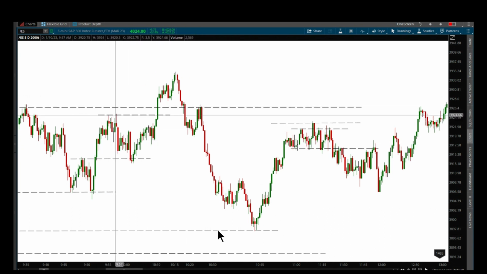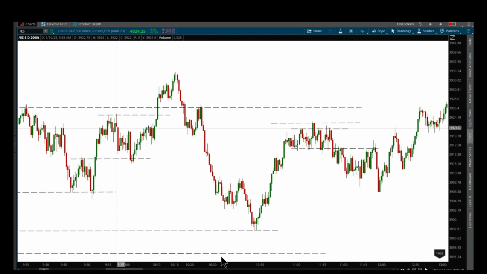There are multiple times this came down, it got rejected, so you went short here. But then if you were one of those people who just, I was doing this at the very beginning of my trading, when I would just identify a location and I would think, oh, it's coming there and it's going to bounce again, it's going to get rejected, and I would enter. And bad idea, right? So you don't want to do that. So you want to wait for some kind of a sign and then enter. Enter below, like two ticks below that.